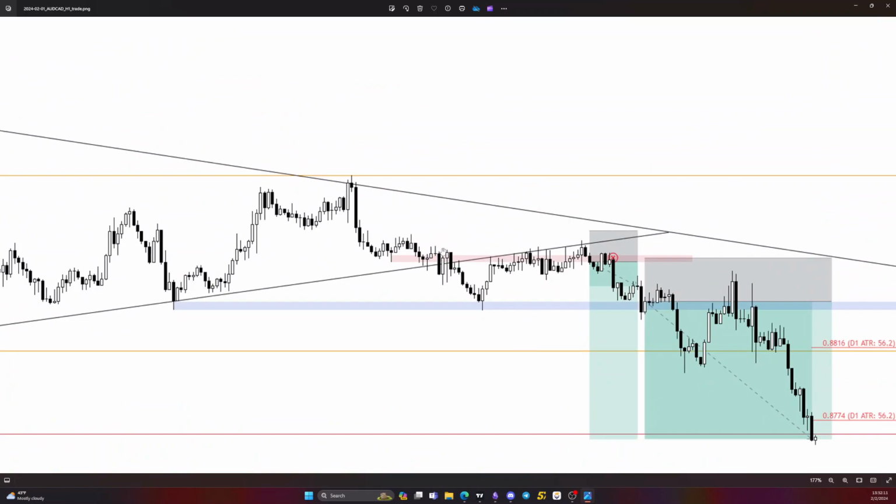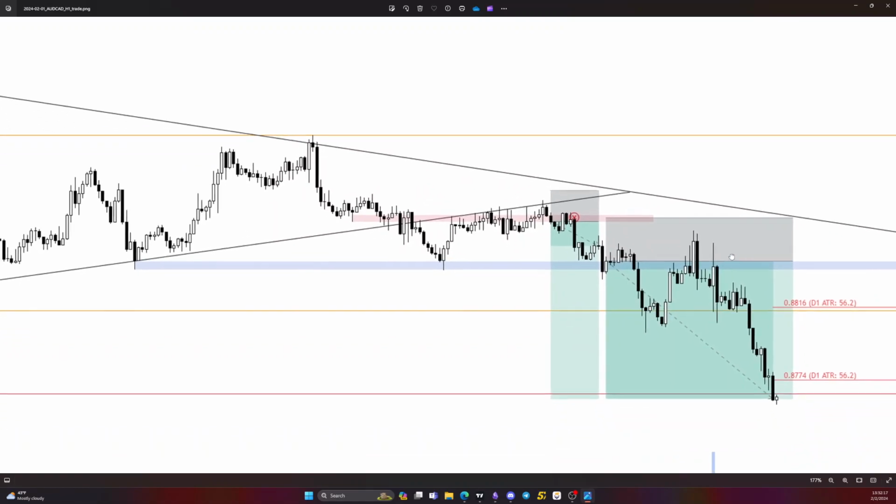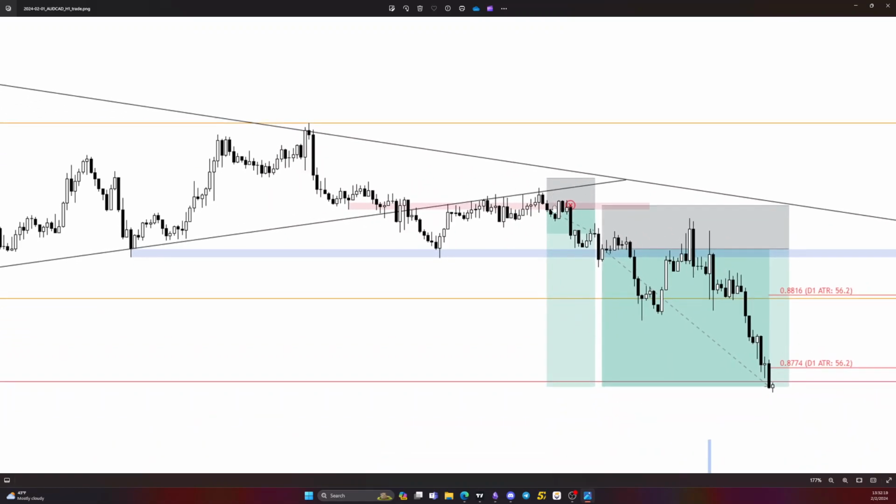Now we got an impulse here, 1, 2, 3 legs here instead of a single leg formation. And now that we had that, I entered on 3 inside down. So these 3 candles here, entered on the close of this candle, and was looking for price to continue pushing down. Placed my stop above